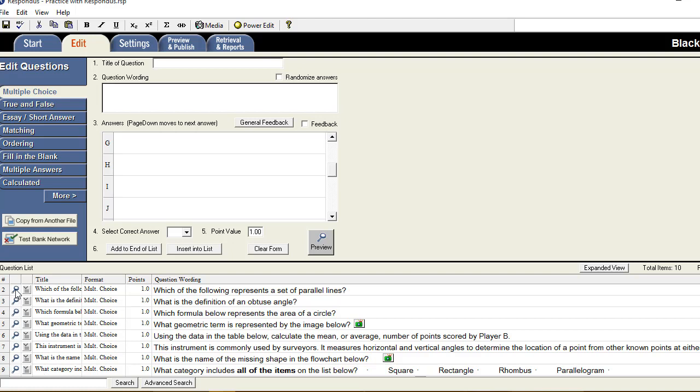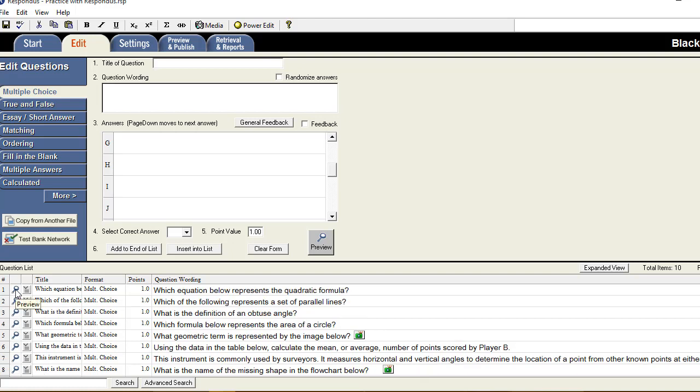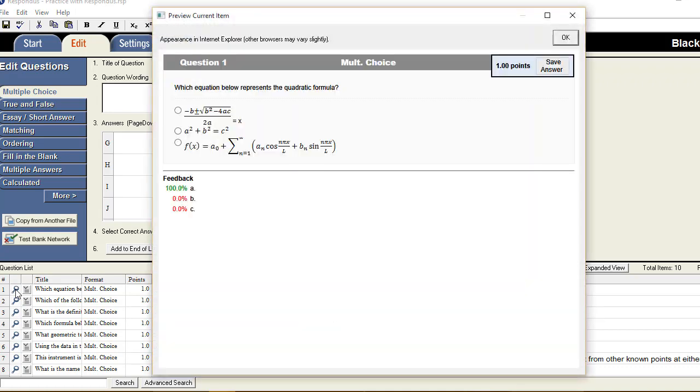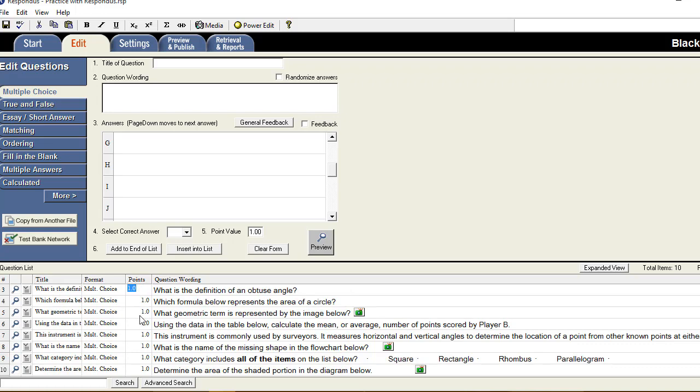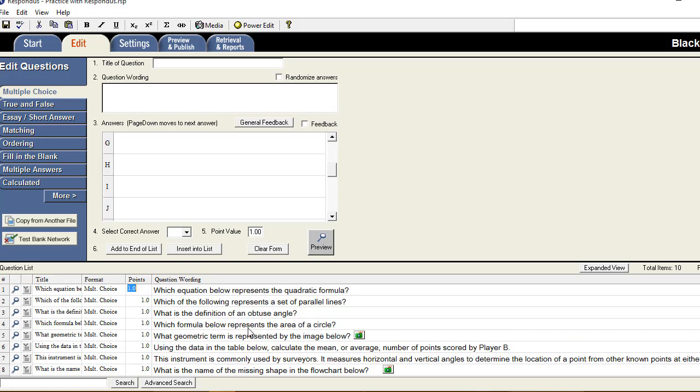Alright, so we have here basically the 10 questions I pulled in. You can preview it. I'll go ahead and select that magnifying glass icon, and here you can see what it would look like, not the students, but what you're previewing of the item. Now if you see that the points or something are incorrect, you can go ahead and change the points just by selecting in the points section down here if you needed to update that, or you found a typo or something like that.